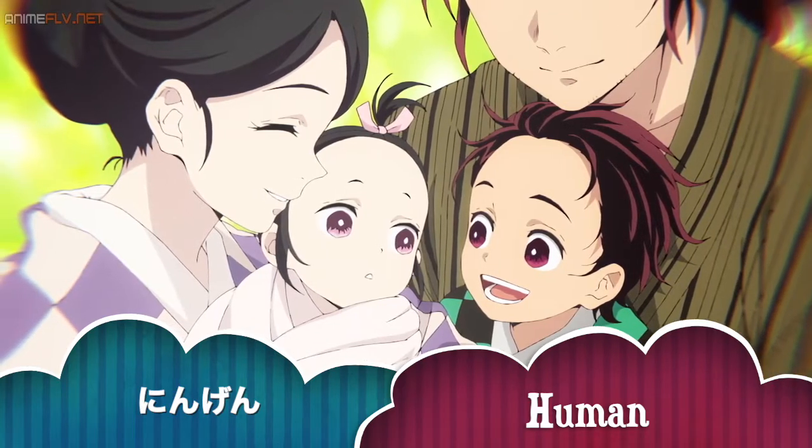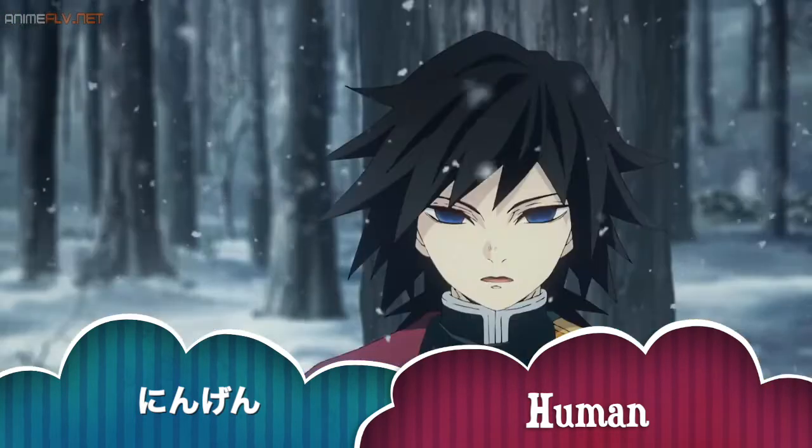人間. Let's go. いや違う禰豆子は人間だお人間に戻せ人間に戻ることはない